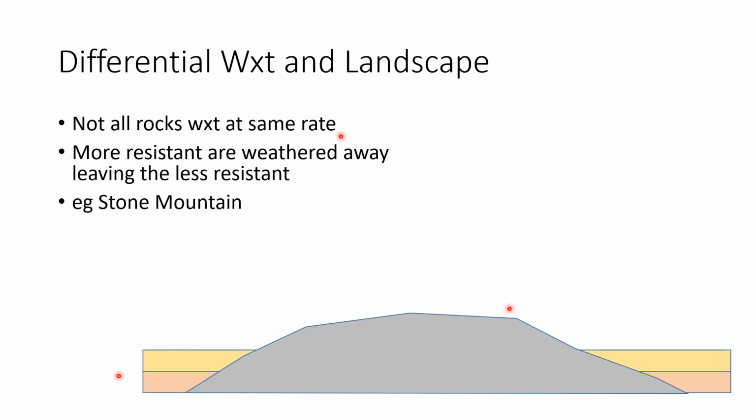Now, I have done this as if a guy was standing there watching it happen. And, of course, really this is taking millions, tens of millions, maybe hundreds of millions of years sometimes for this differential weathering process to happen. So it's not going to be like somebody's going to watch it happen. We come along and we see one really, really instantaneous snapshot in time, and we've got to try to work backwards and figure out what has happened. And differential weathering is one of our really big keys on how we think we got all of the landforms that we see around us now.